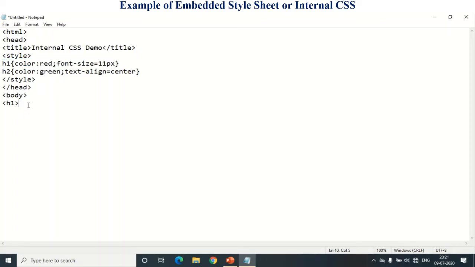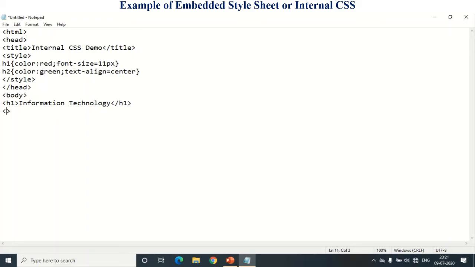So suppose here I want to write here what? Information technology, in this H1 tag. Yeah.